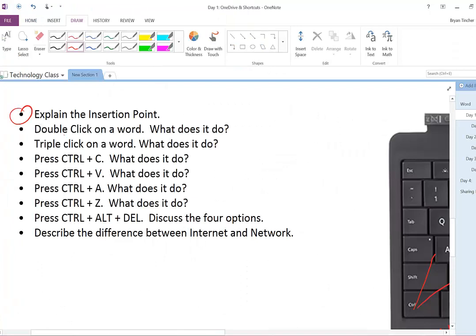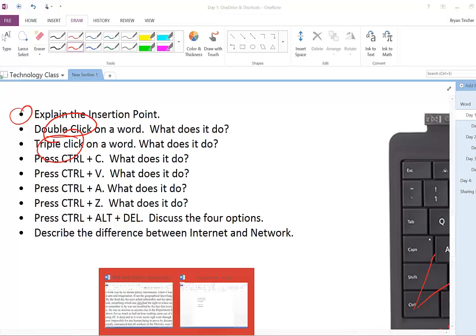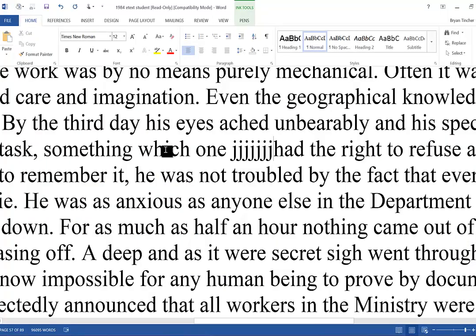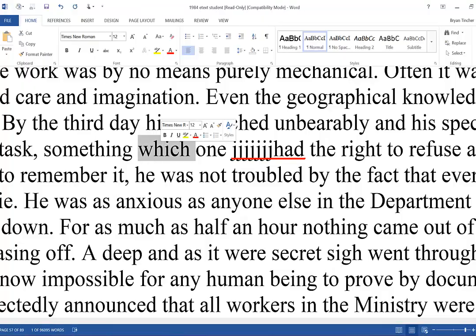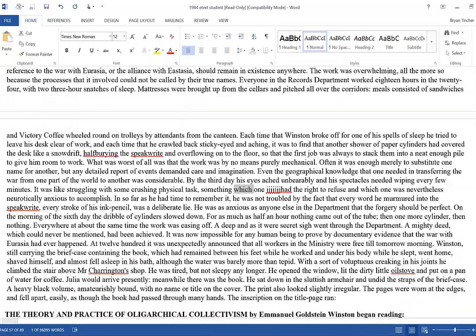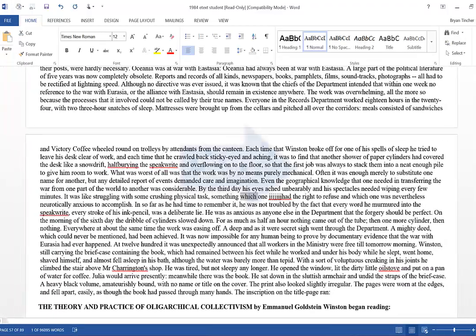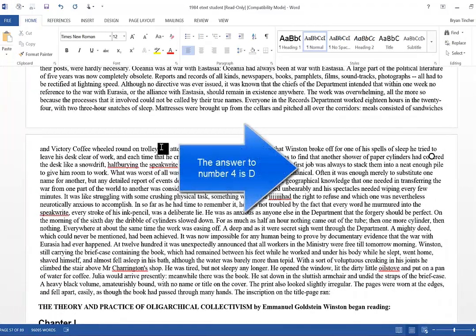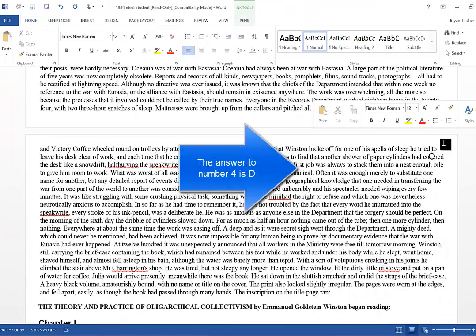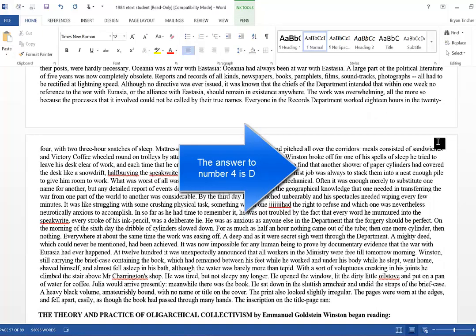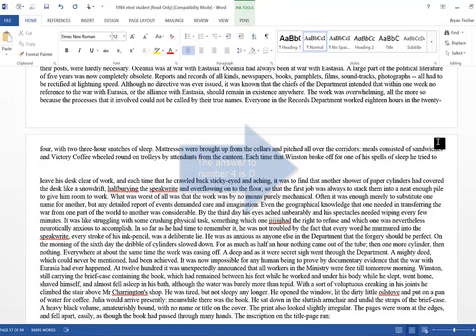I want to take a look at what happens when you double click on a word and when you triple click on a word. To quickly select a word, you just double click on it. I'm just going to touch the screen twice, or you can touch the mouse pad twice. If you triple click, I'll have to zoom out, and I'm going to create a paragraph. There we go. So if I triple click,